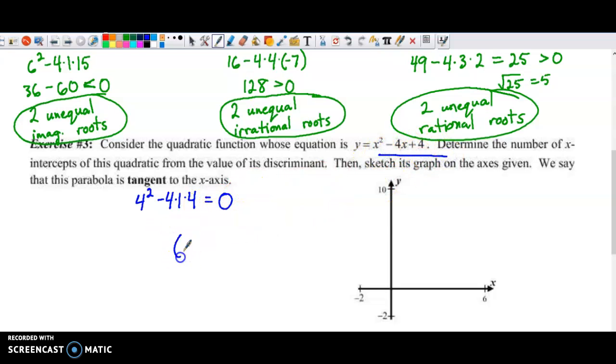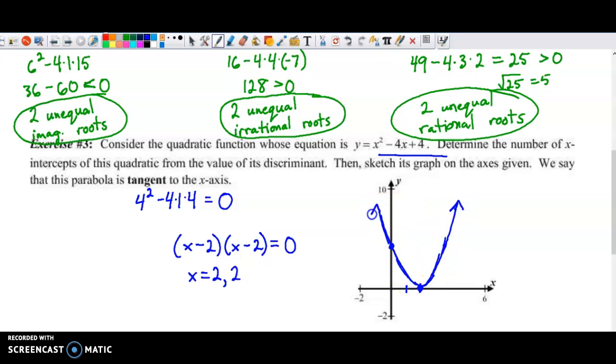If I asked you to factor that, it would be x minus 2, x minus 2. And if I asked you for the x-intercepts, you would set it equal to 0, and so you could see that x equals 2 twice, or you could actually do the quadratic formula. So it would be about right here with a y-intercept of 4, and then it's reflected on this side. And so this is what we mean by being a double root,